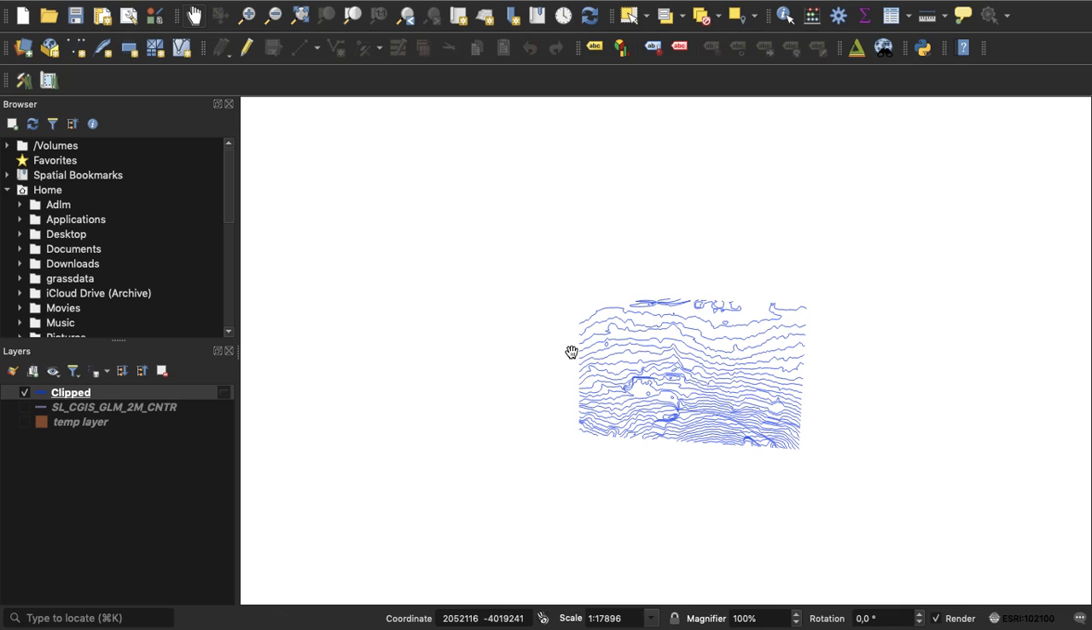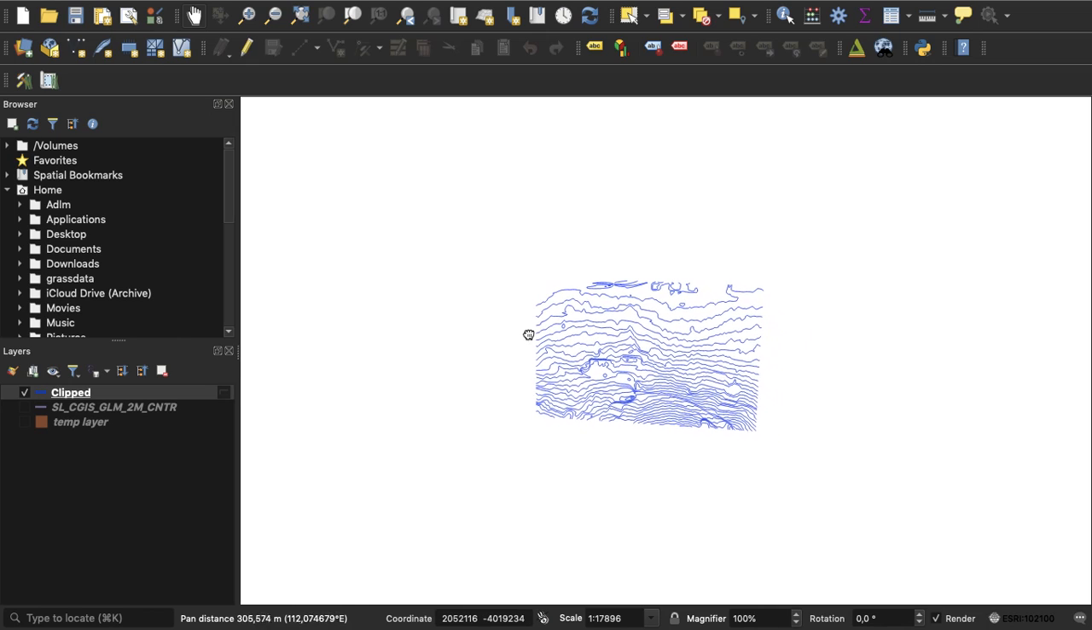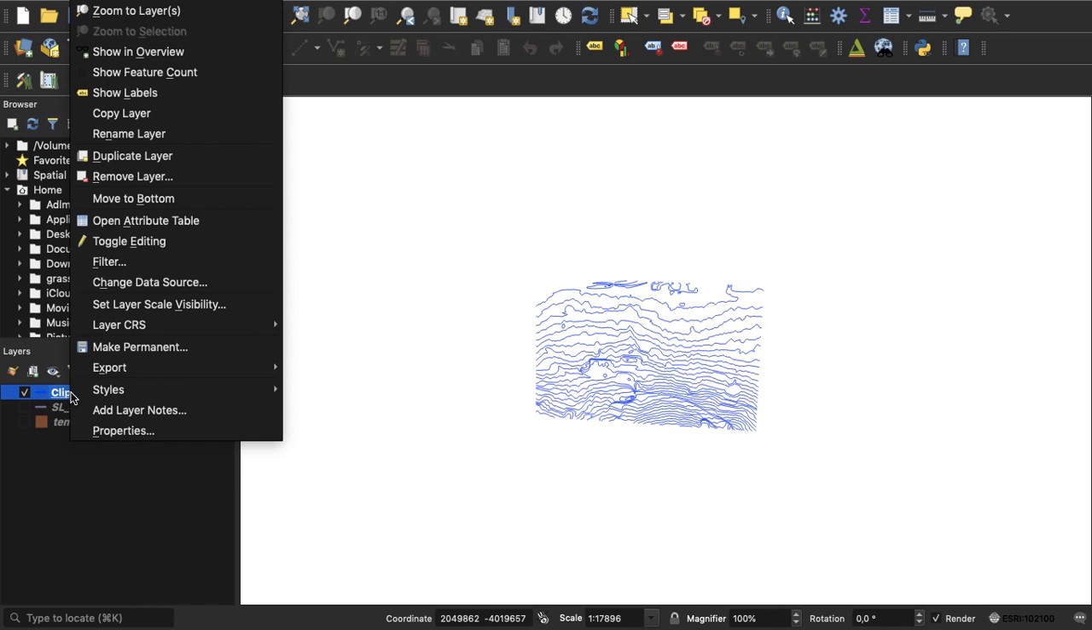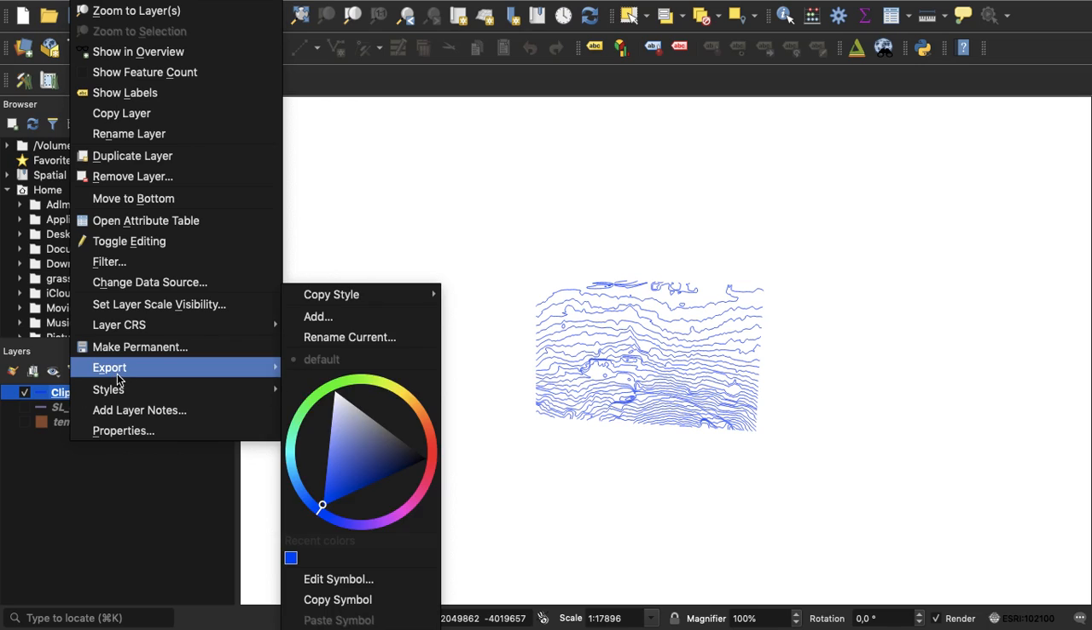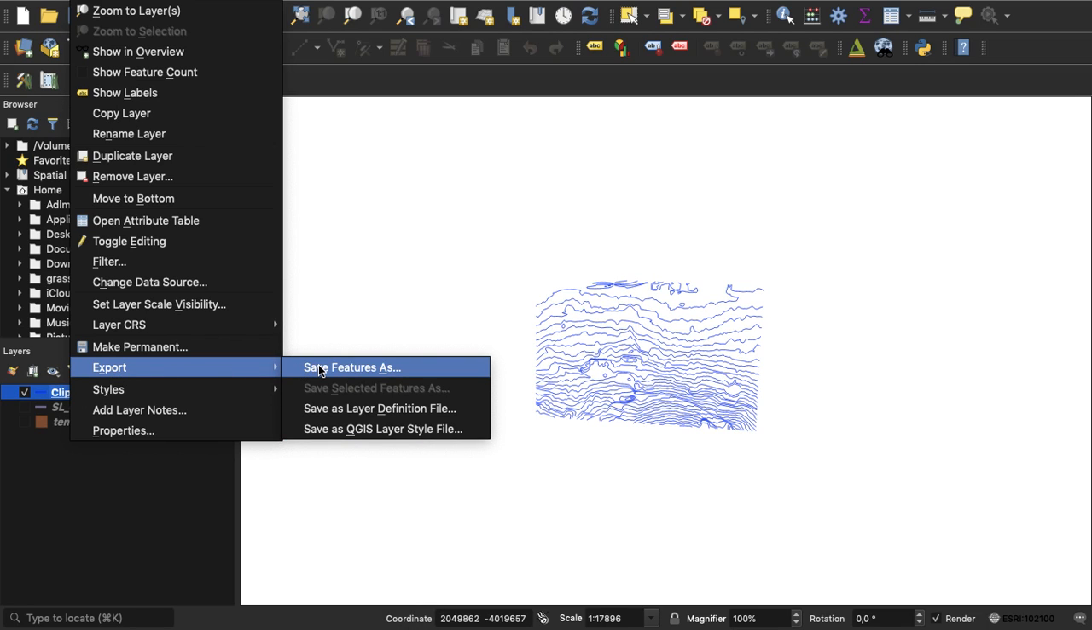Cool. So if we were using ArcGIS, we could export this as it is and it would work fine in AutoCAD. But unfortunately in QGIS, we have to create a shapefile which has elevation so that when we export it, AutoCAD can pick up on the elevations of the contours. So now we need to save this clipped layer as a shapefile. So we'll right click on it, go to Export, Save Features As,